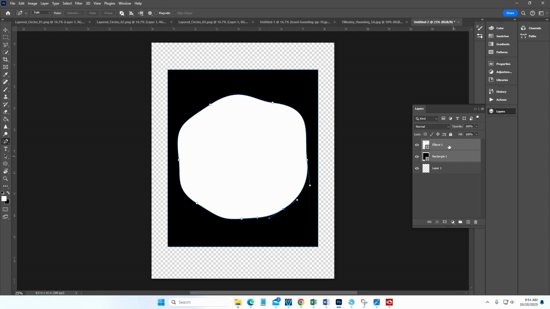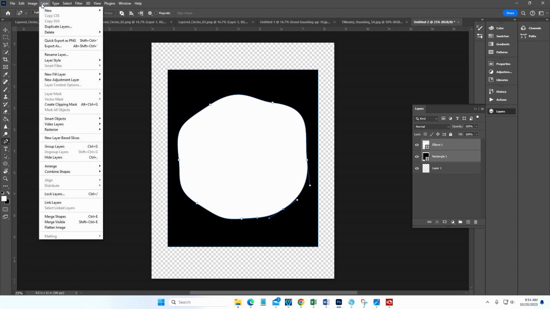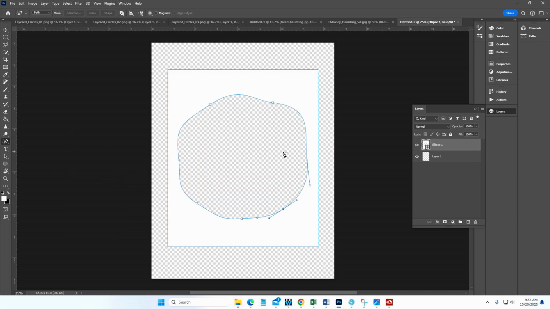Go ahead and select your ellipse and your rectangle in your layers menu. And with those two selected, go up to layer and you'll see combine shapes. And under combine shapes, you have the option of uniting the shapes, subtracting the front shape, unite the shapes at overlap, or subtract the shapes that overlap. And I bet you can guess we're going to subtract the front shape there. And that gives you the